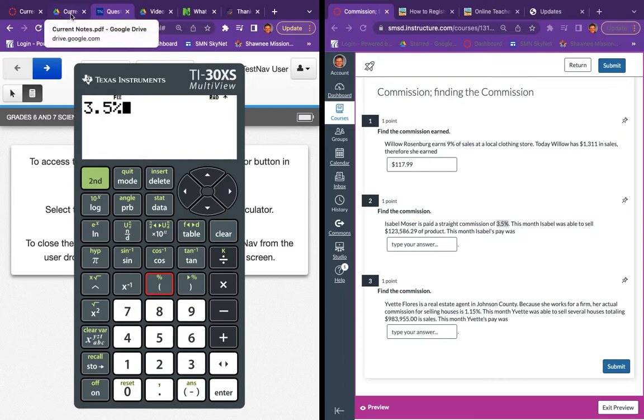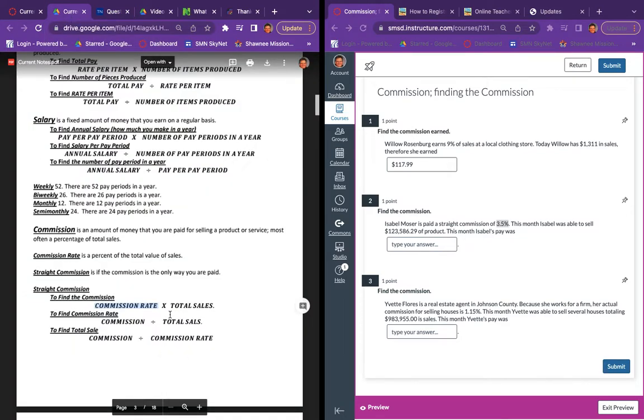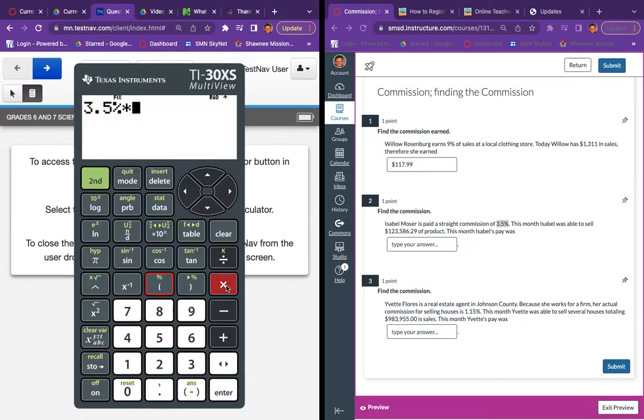And then the directions say to multiply total sales. So we're going to go times, and it is 123,000